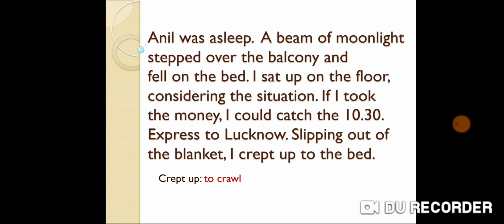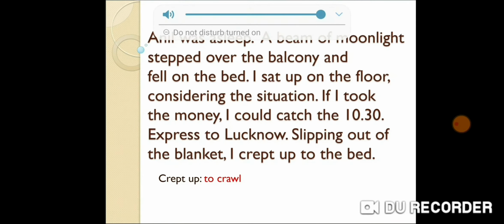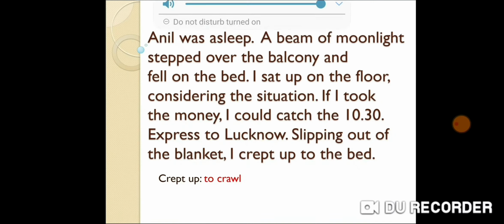Now see, Anil was already asleep, and a beam of moonlight stepped over the balcony and fell on the bed. Now something was going on in the mind of the thief. He had already made the plan to rob Anil. So he sat on the floor